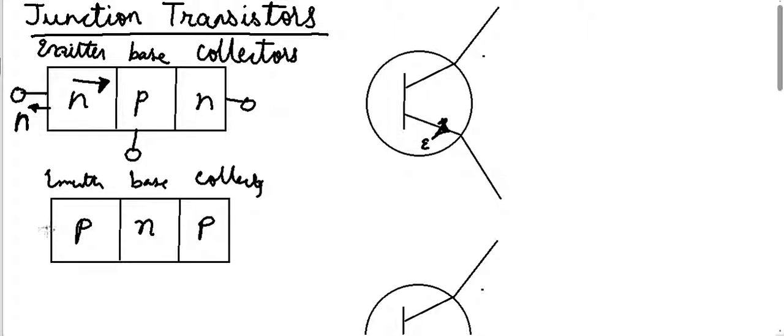Similarly, if this is the emitter, generally, as I told, in a general transistor, the emitter and base are forward biased. This is connected to the positive terminal of the battery. If the positive terminal is connected to the p side, the holes will go this side and electrons will come this side. So in a PNP transistor, the current flows along the holes, in the direction opposite to the electrons. So the current is flowing in this direction, towards the transistor.